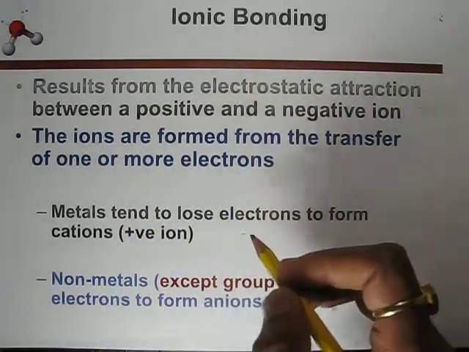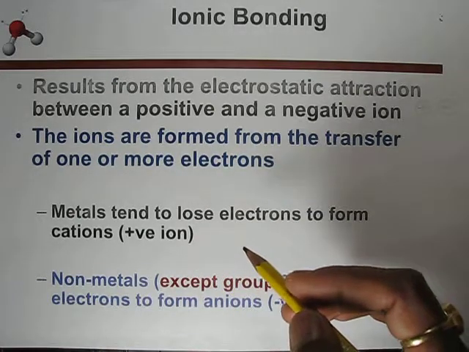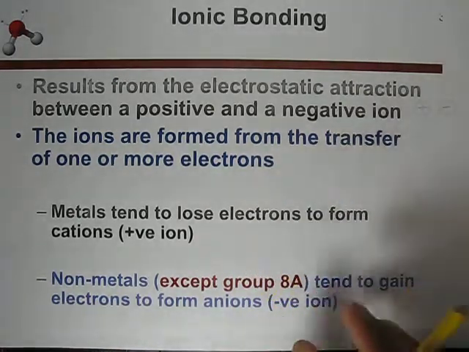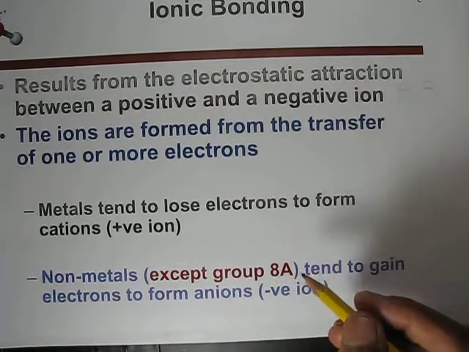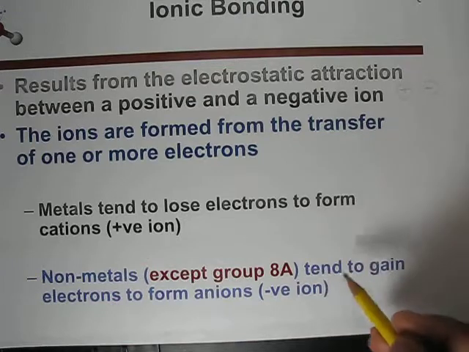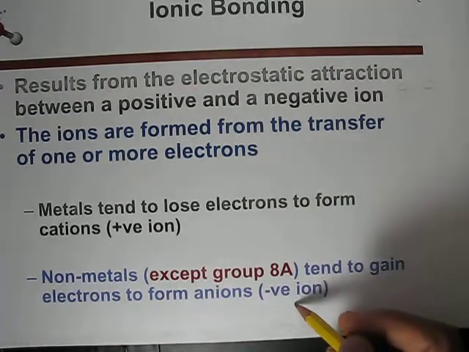Metals tend to lose electrons to form cations, or positive ions, and non-metals, except the noble gases, which are most stable, tend to gain electrons to form anions, negative